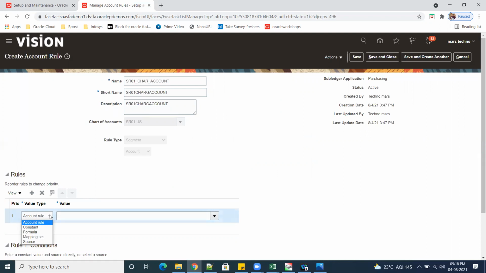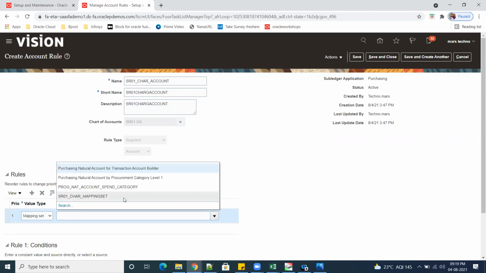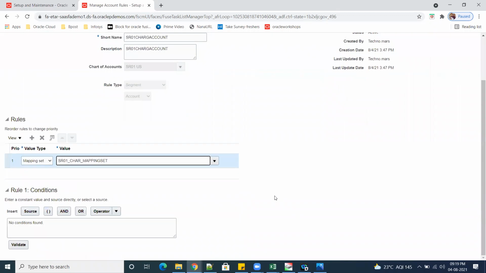So mostly we'll observe source kind of value type, also we'll use in real-time applications, or mapping sets also will be used, and constant also will be used, but I did not find formula. Accounting rules I observed. Okay, so whichever you want you can select. So now I define the mapping set. So what is my mapping set? SR01. And here you can write the conditions.